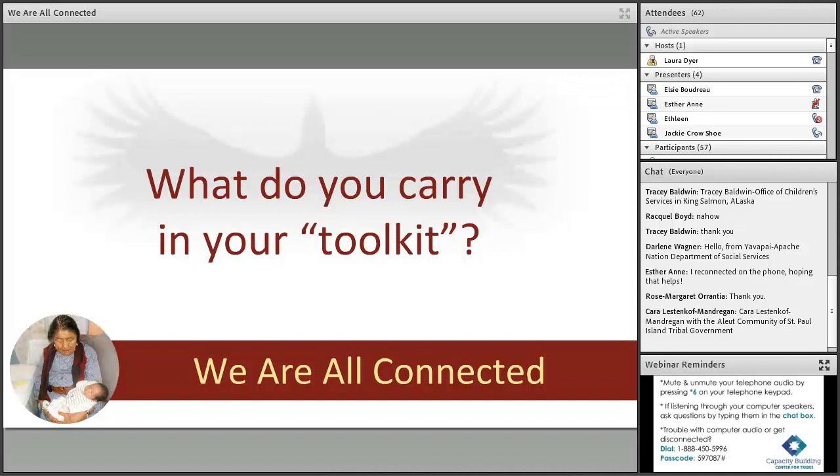Do some of you want to share any particular toolkit that you have, or that your community uses, or you use personally, perhaps in the chat room, or unmute your mics? I'm just going to pause for a second.